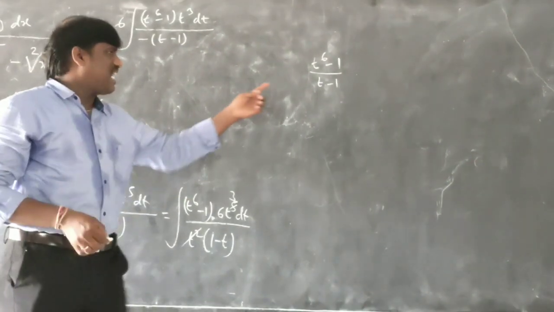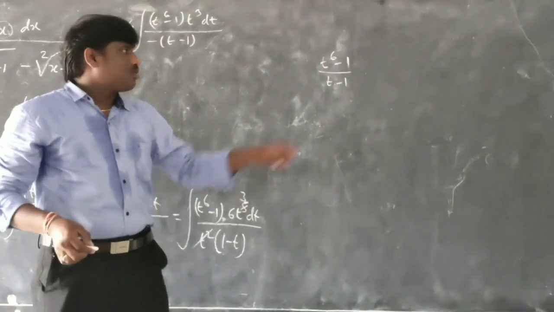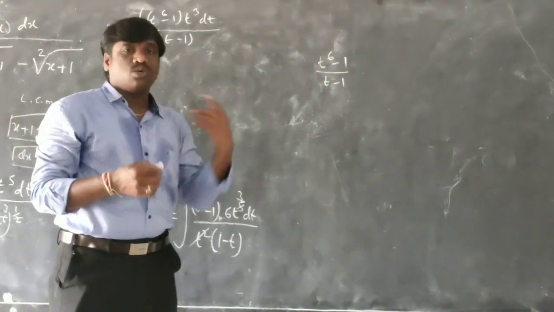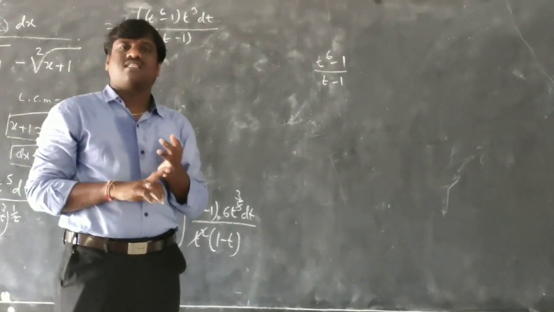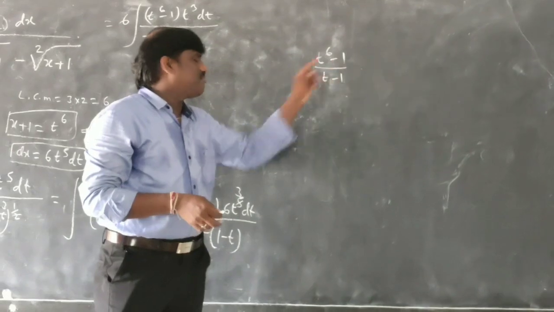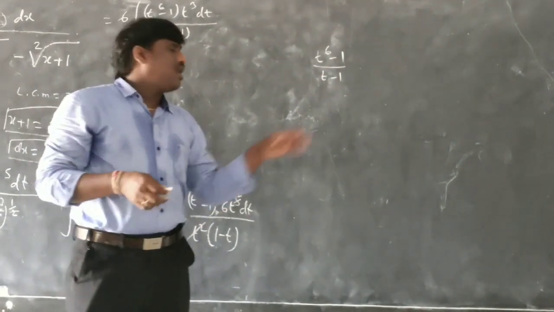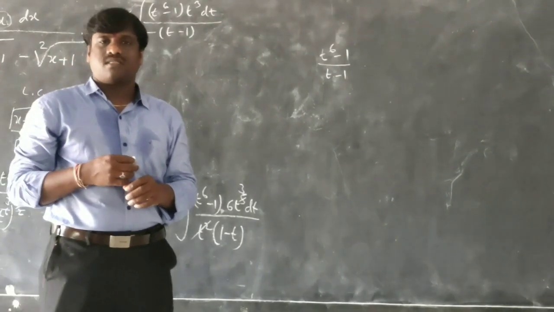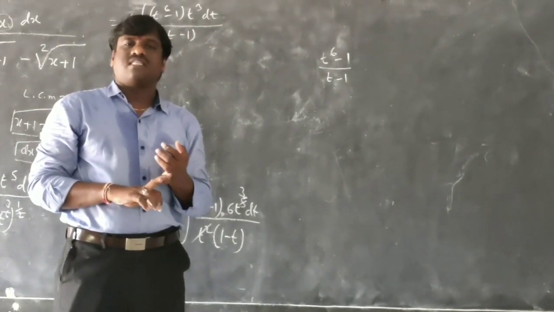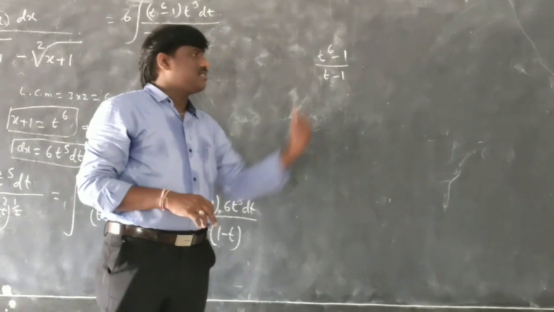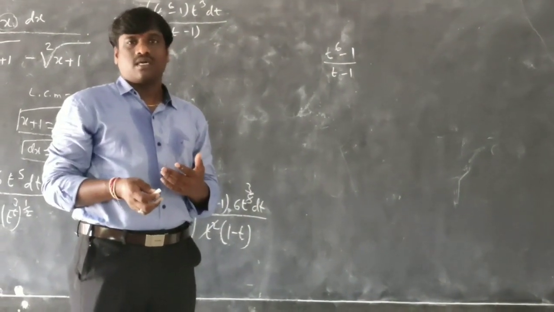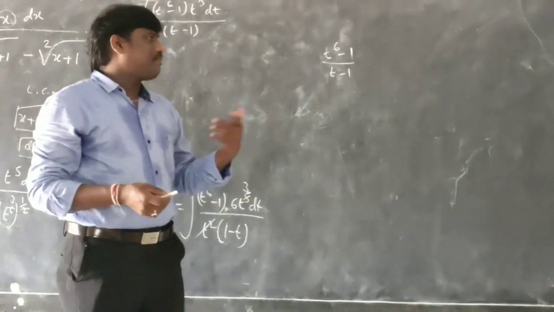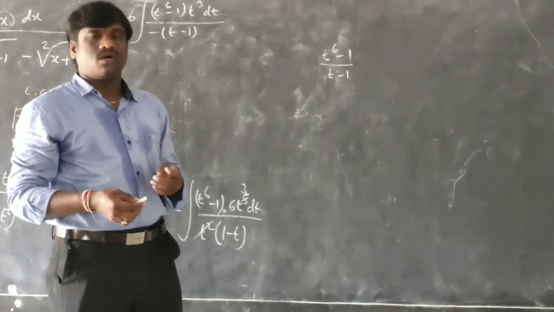So that's the reason we have to divide this with this. You know, in 8th class, 9th class, 10th class you learn how to divide this one with this one. The simplest form is that synthetic division method. Either you can go by the synthetic division method, or you can simply divide it. That's up to you. It depends on you how to do it.